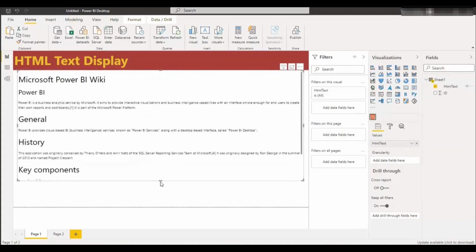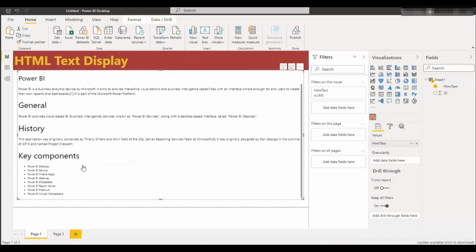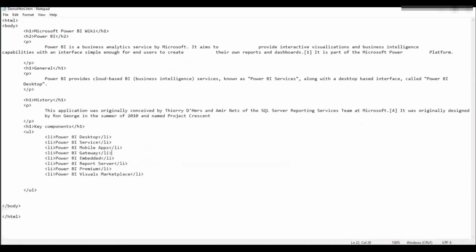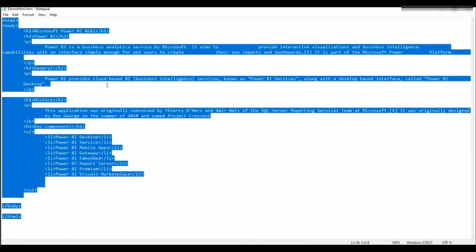Let me increase the size of this a little bit. So you are able to see all the HTML. This will be displayed without losing the HTML tags. As I showed you, this is the file, and I just copy pasted it into the Excel sheet.